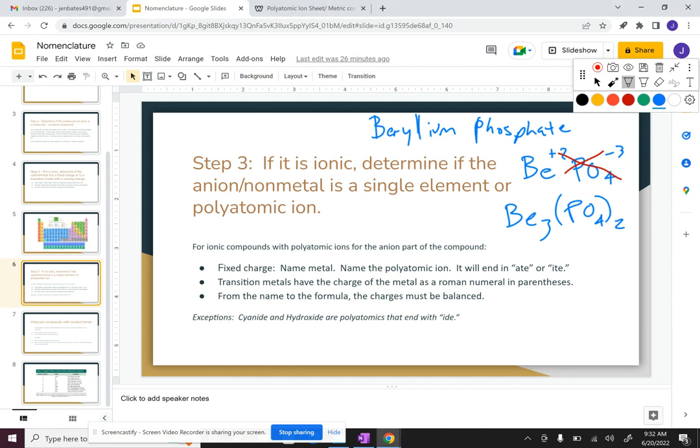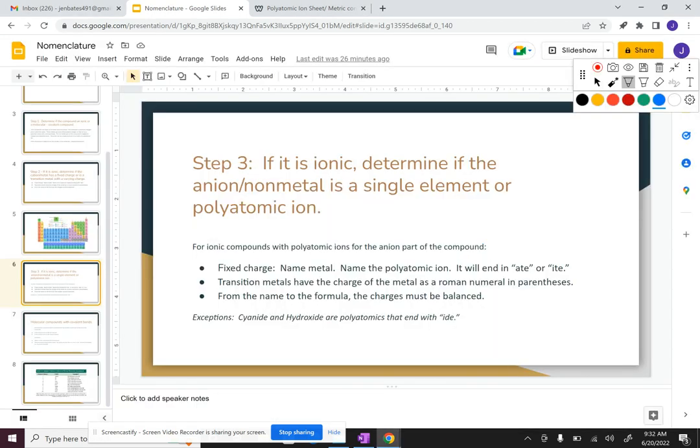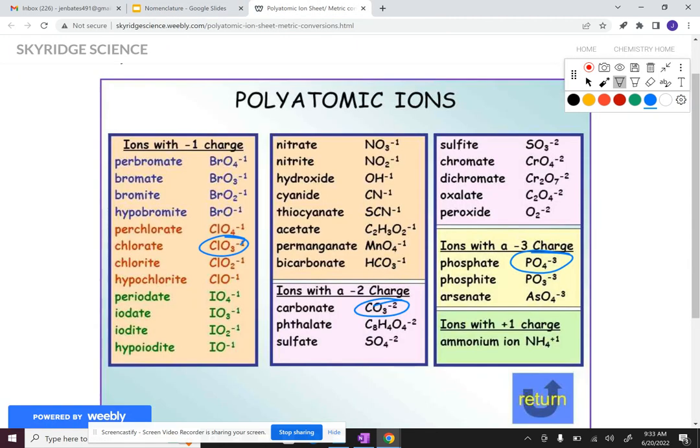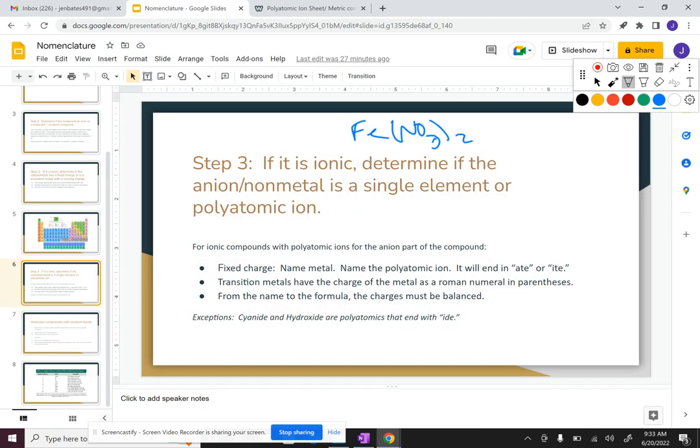Okay, so let's try a couple of examples with some transitional metals. All right, let's do Fe(NO3)2. Okay, so NO3, we can look on the polyatomic ion sheet and we can see that NO3 nitrate has a -1 charge. -1. And since the iron, there's only